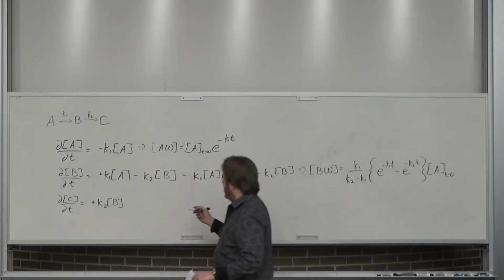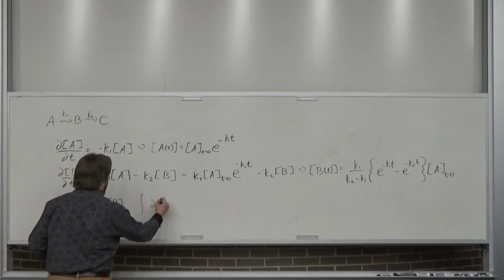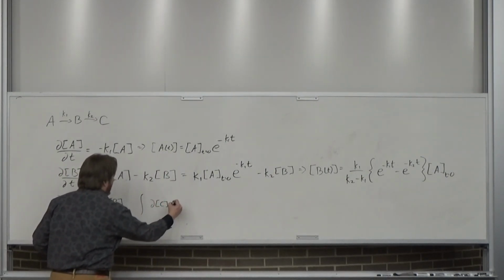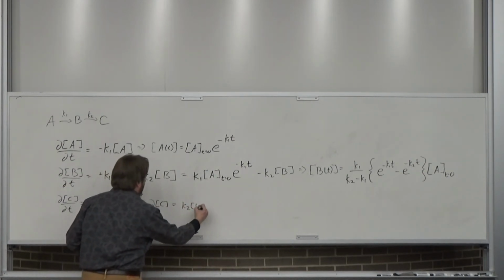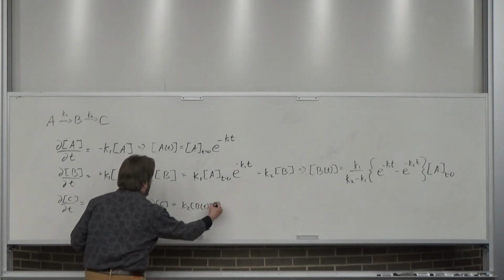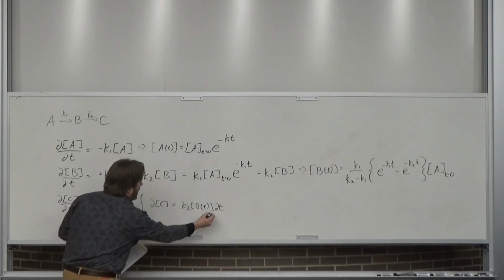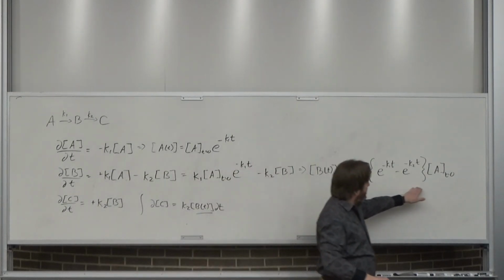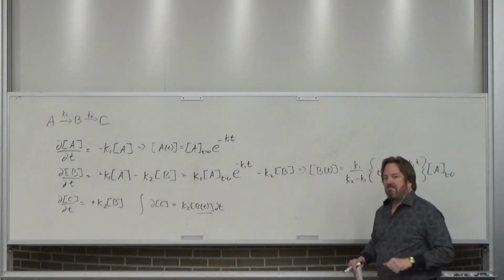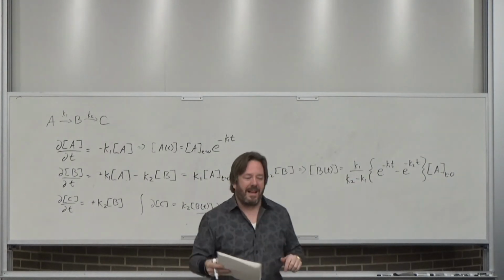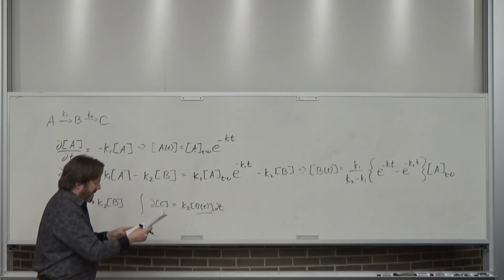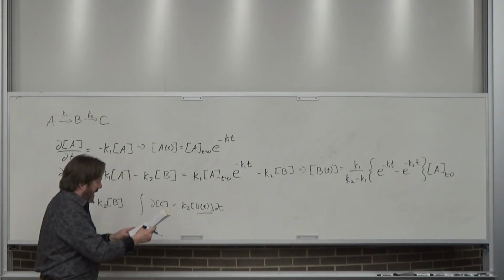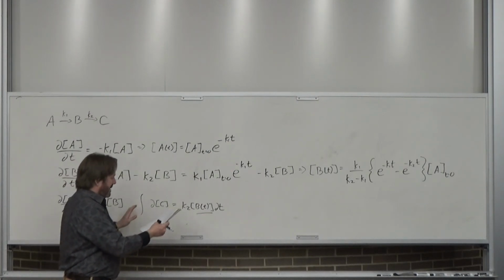So what you would do is you would integrate the change in the concentration of C equal to K2 concentration of B with respect to time dt, where B with respect to time is all of this. That looks unpleasant. Turns out that there's another way to do this. All right, so let me point out. God, it takes me a while to stare at this because it kind of gives me a